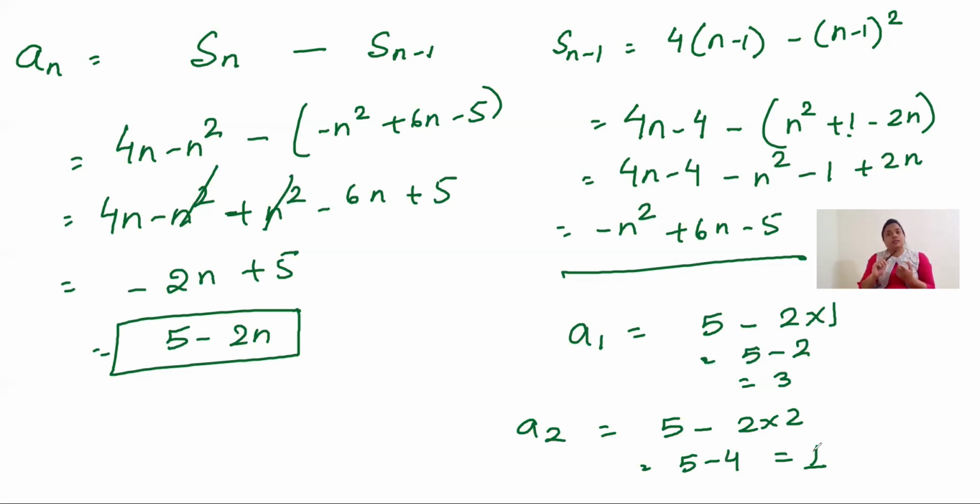If we have Sn given, so we can do this also. First find An. How can we find that? Sn minus Sn minus 1. You can find that, and then we'll get An, and we can simply put the value of n and we can get any terms. We can do like this also, and we can do the way that we have done in this question by finding the sum of the specific terms and then subtracting it. Clear?